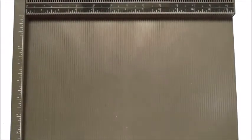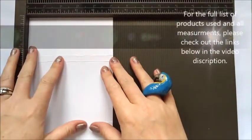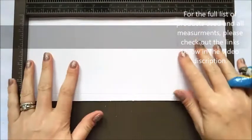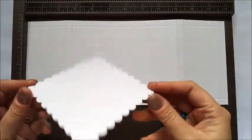Then for the cardstock, what you need is a piece, I'm using white, but you can use any colours that you want, and this measures 5 1/8 of an inch by 12 inches. So it's just a 12 by 12 piece of cardstock cut down. We'll score this one in a second, but also what you need is, to make that top flap that I had,